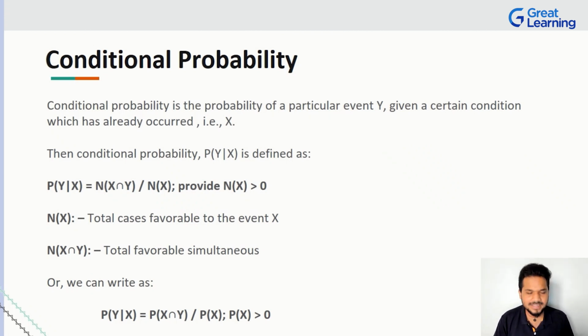And as you can see on your screen, it's a very simple formula. The probability of one event occurring given the other is basically the probability of both events occurring divided by the probability of the other event in the discussion, right? As you can see, n of x gives us the total cases favorable to the event x. In our case, event x can be considered as tomorrow's weather, and x intersection y tells us all the chances of tomorrow's rain and the day after tomorrow's rain, and eventually we make a connection. This is how we usually write the formula: P of x intersection y divided by P of x, basically the probability of x.